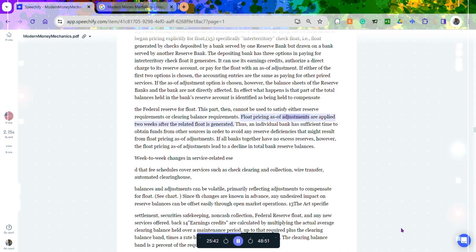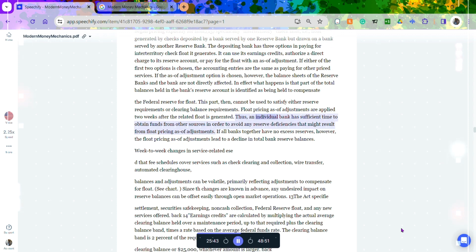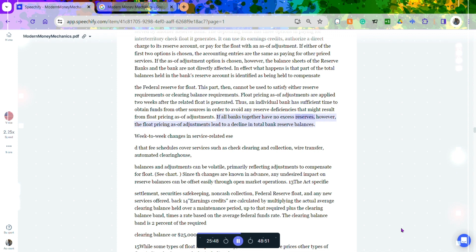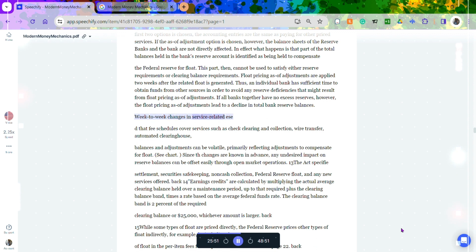Float pricing as of adjustments are applied 2 weeks after the related float is generated. Thus, an individual bank has sufficient time to obtain funds from other sources in order to avoid any reserve deficiencies that might result from float pricing as of adjustments. If all banks together have no excess reserves, however, the float pricing as of adjustments lead to a decline in total bank reserve balances. Week-to-week changes in service-related